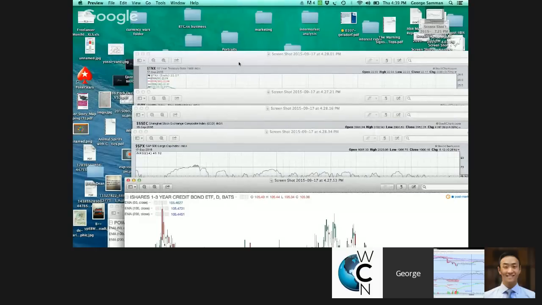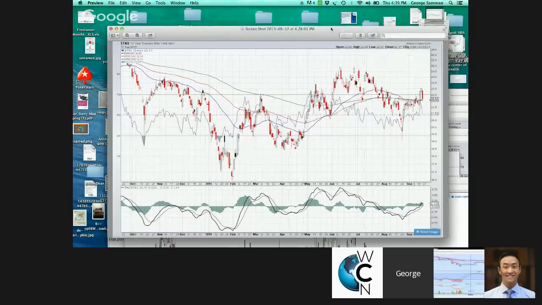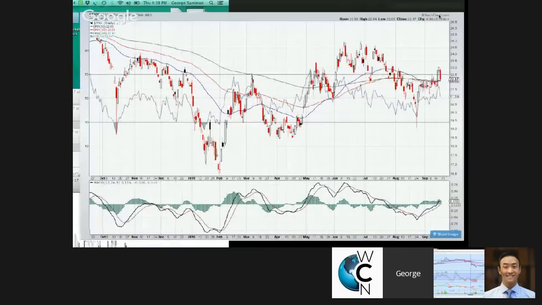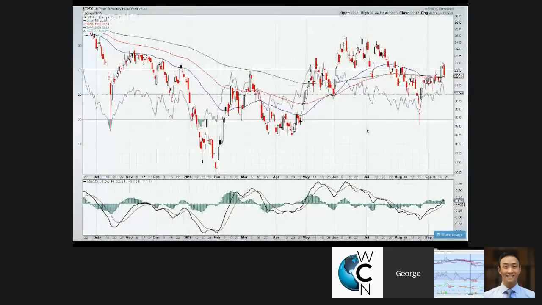Second chart I'll look at is the 10-year yield, which I always find to be the most important of all bonds. As we talked about last week, you had this big tightening of all three of the moving averages, so it was looking for a big move. You start to get that big move coming out of yesterday, the day before.